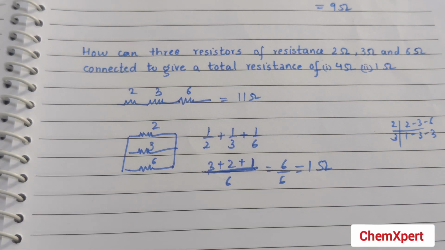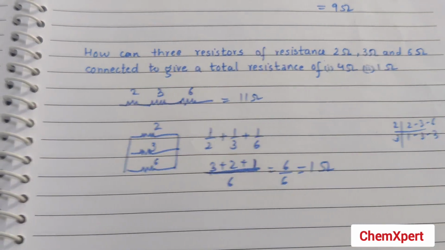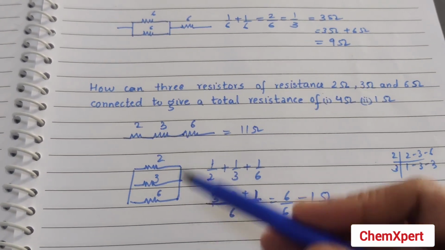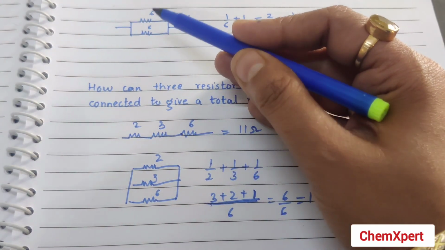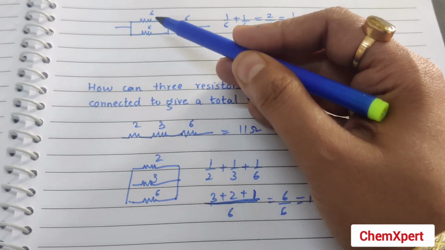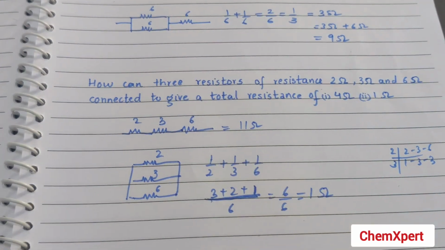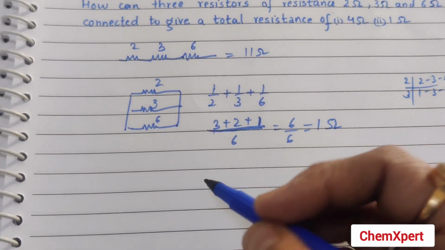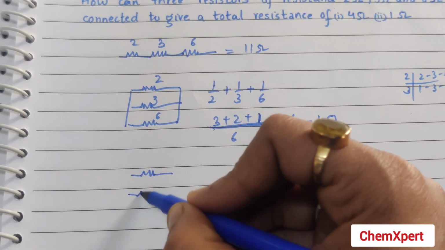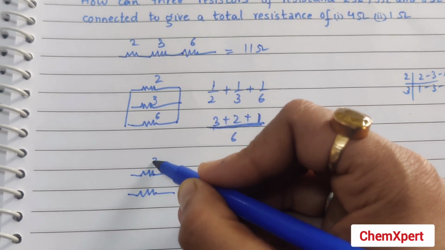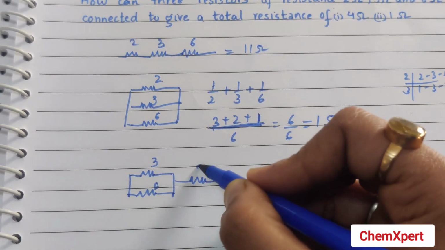Now we need to get this 4 ohm resistor. So you can just imagine like the above situation, if 2 ohm is present here and 3 and 6 are in parallel to each other, it may be possible the net will come out to be 2, and 2 and 2 plus 4. So we just try this example directly here. We connect the greater values in parallel, that is 3 and 6 in parallel, which is in series with 2 ohm.